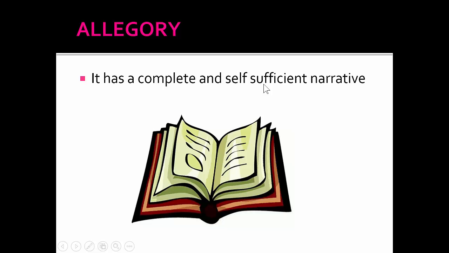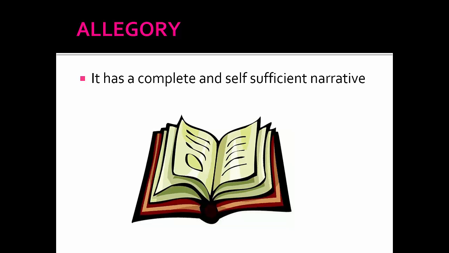It is a complete and self-sufficient narrative, as in it is a complete story. From front to back, it started at the beginning. It was a story about animals on a farm that had different personalities, split into factions, and went to war with each other, and things happened. It got brutal and ugly and bloody, and then it ended. Ta-da! It is a story. All right? Hopefully you're with me so far. That is a story about Animal Farm.